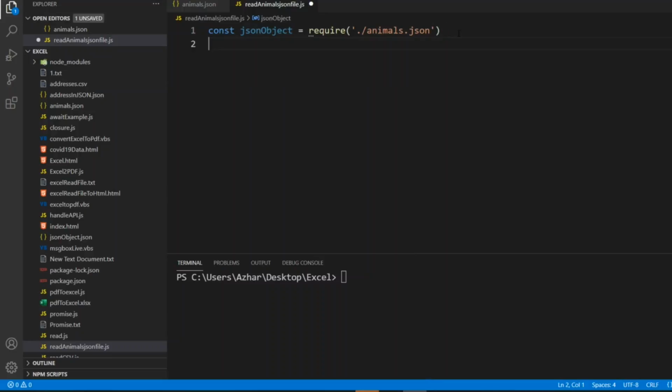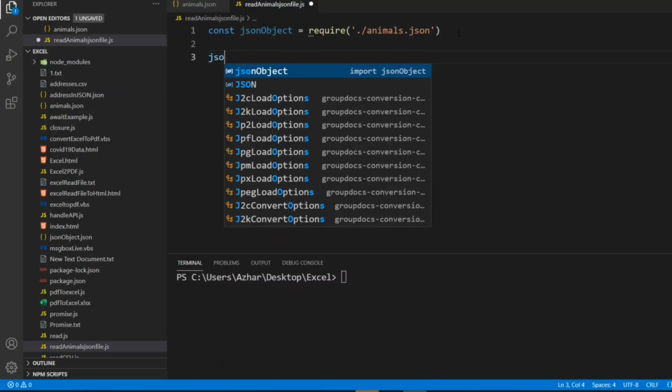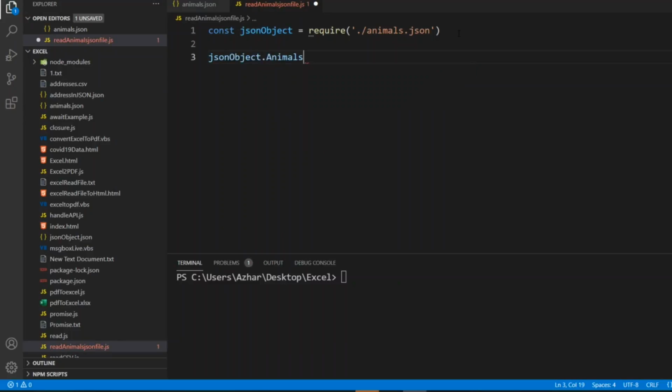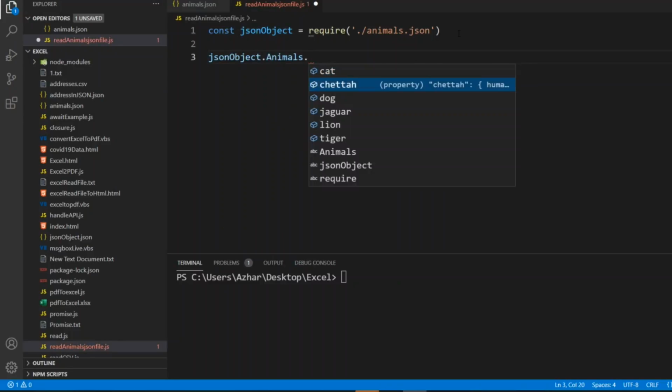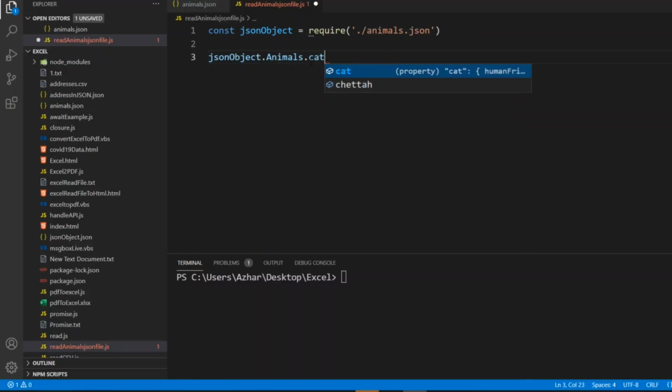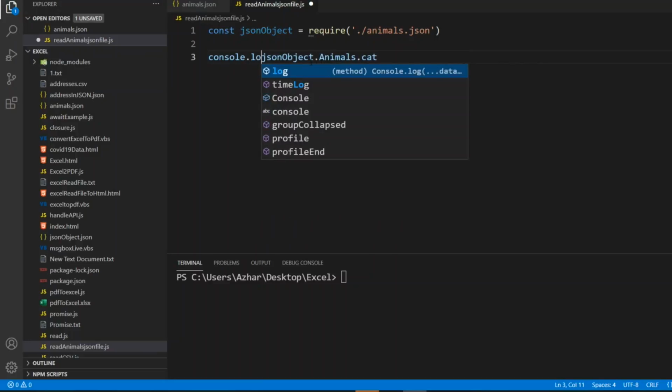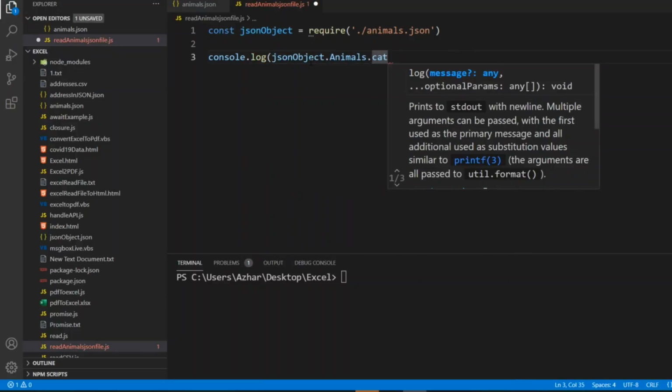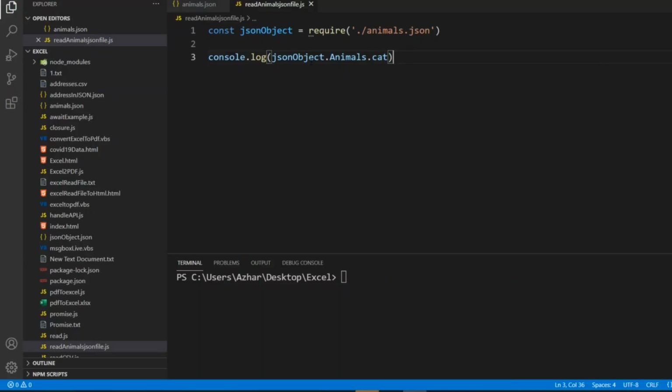If you want to see, let us write JSON object dot. You can see it has animals dot. It has cat, cheetah, dog, jaguar, lion, and tiger. So now, I don't want to write it like this. I can write like this also. I will write a program to dynamically use these values, right? So in the future programs, if they ask you to select the values dynamically, normally we can select like this: JSON object.animals.cat.